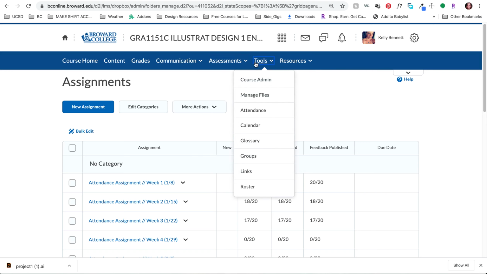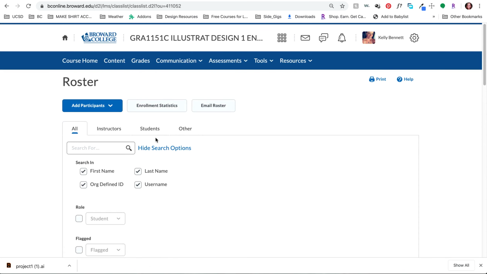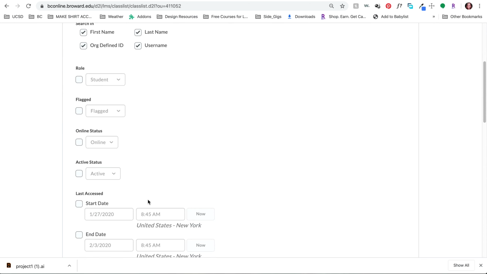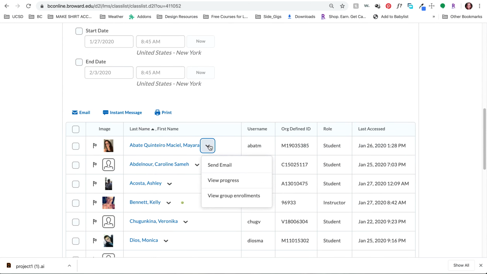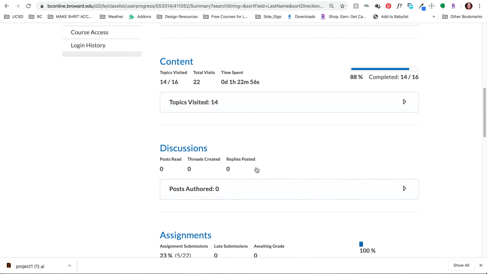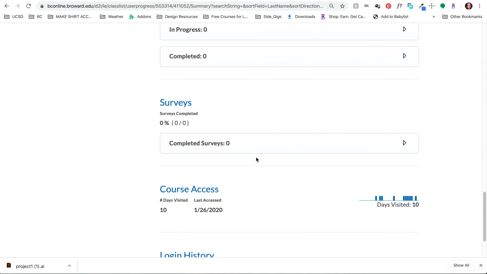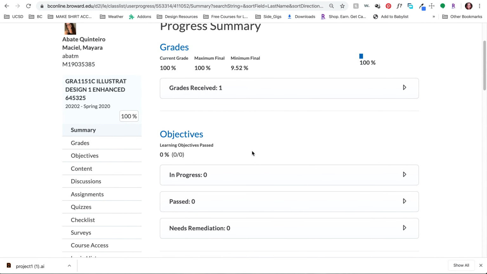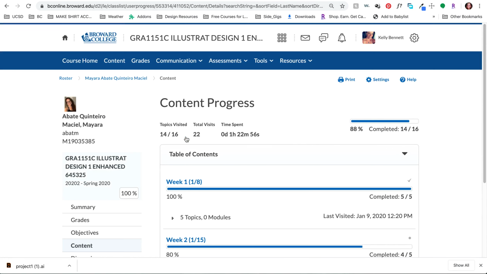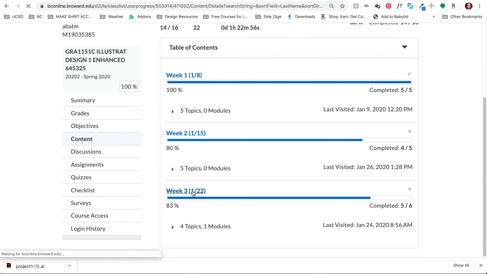Okay, so you guys won't be able to check this, but from my end, I can check your progress for lectures. I've been a little bit lax with it this semester simply just because I don't have time, but if it has to be done, it has to be done. I'm going to click on the student and view. I've been picking on Mayara because she does her work, which is a good thing. So from my perspective of professor mode, anything that I have online, I can see whether you, the student, has viewed it or not. So under content and progress for me, in week 3,